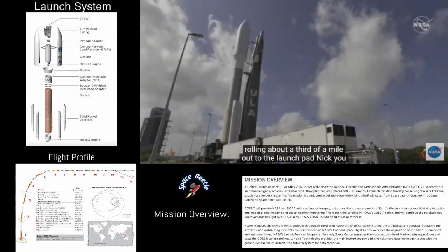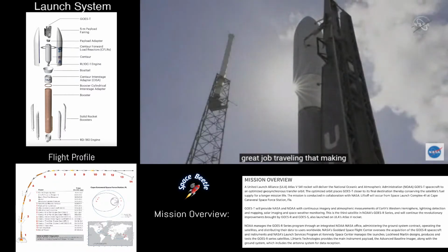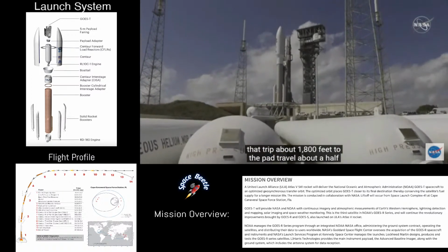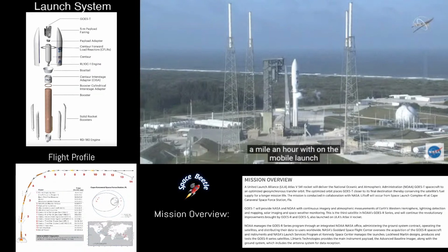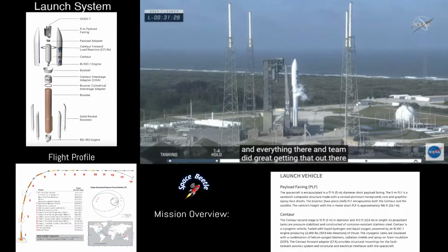The team did a great job making that trip about 1,800 feet to the pad, traveling about a half a mile an hour on the mobile launch platform and everything there. And team did great getting that out there and ready for RP1 tanking and then launch today. You look at the rocket there, and it carries a special dedication today. Mick, it holds the name of a